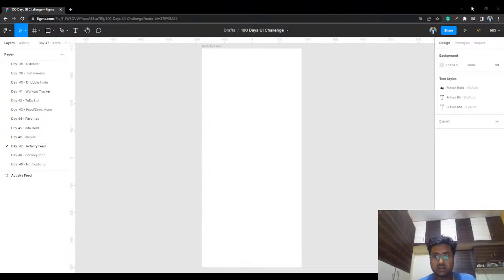So first thing, what is an activity feed? An activity feed shows you in an app what is happening, any comments or such. So first thing, we'll start laying out the basic things. That would be